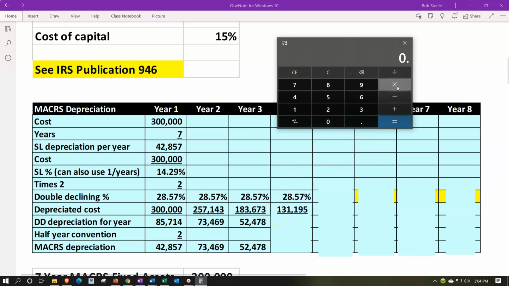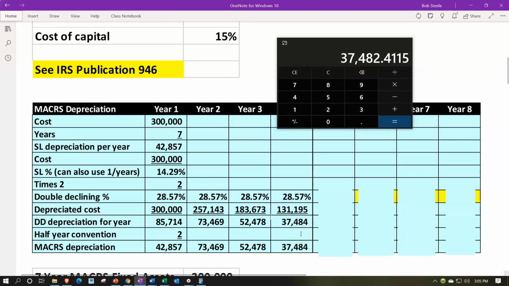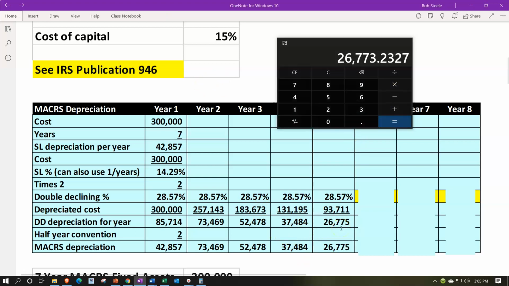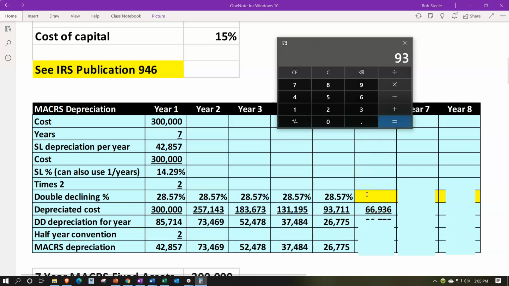131,195 times the rate of about 0.2857 gives us then the 37,484 about, and then we have it here. We're going to say, all right, then we have the 131,195 minus the 37,484 gives us the 93,711 times the 0.2857 about gives us about the 26,775. And then the next one, we're going to be taking the 93,711 where we left off minus the 26,775 gives us the cost minus the accumulated depreciation